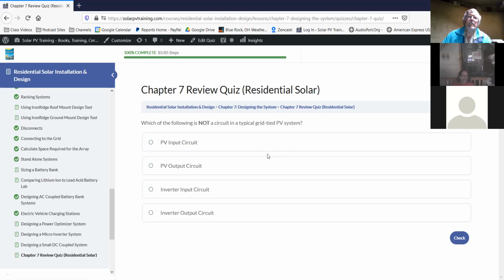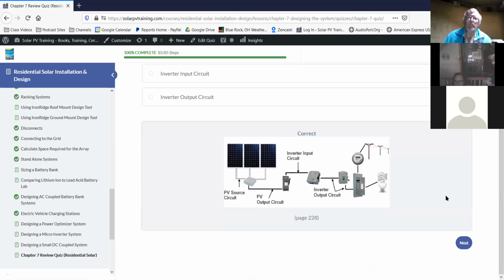Which of the following is not a circuit in a typical grid-tied PV system? And of course, the answer here is PV input circuit. I always like to joke that the input circuit is the sun. It would make a little bit of sense, but if you look at a typical grid-tied system, you're going to find that the area between the panel and the combiner box or the junction box is referred to as the